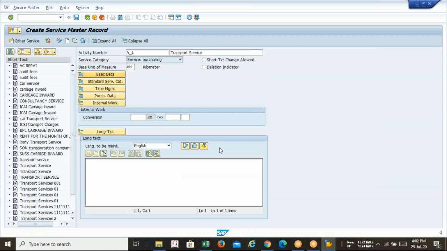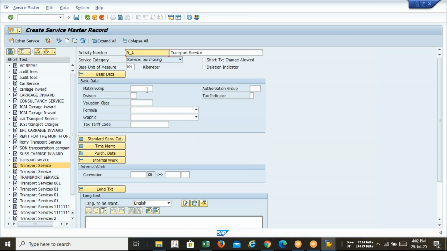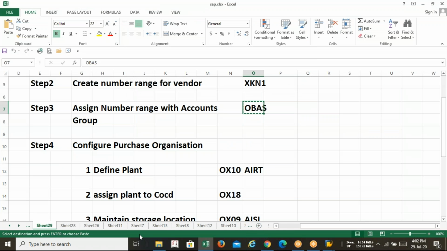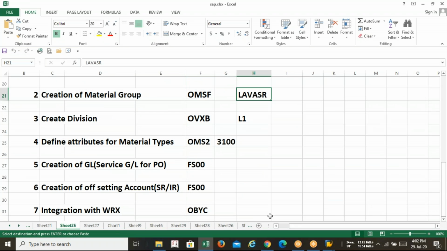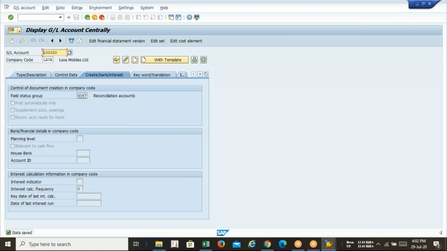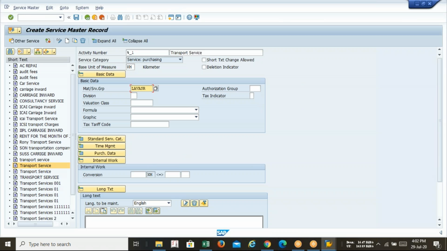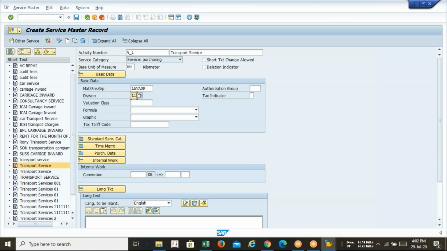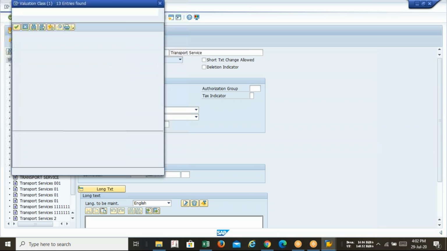Now come to the basic data. In the basic data tab, you have to fill 2-3 pieces of information, like material group. Last time we created the material group. This one. Division for service L1. And valuation class is 3200. Okay, not 3100.